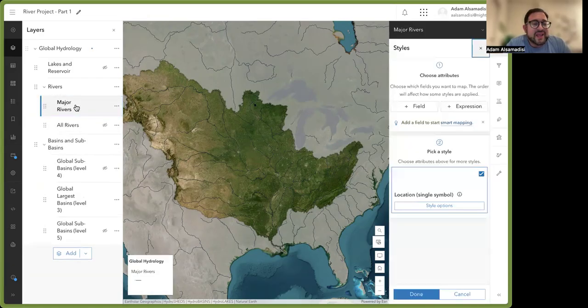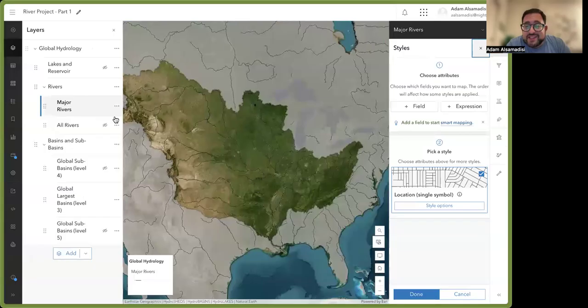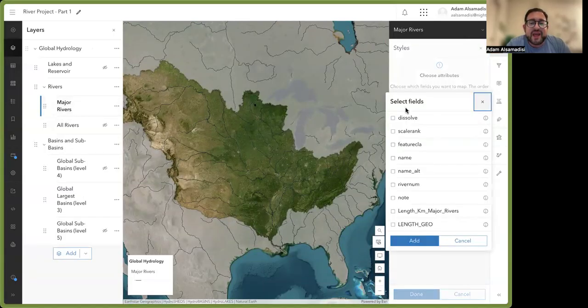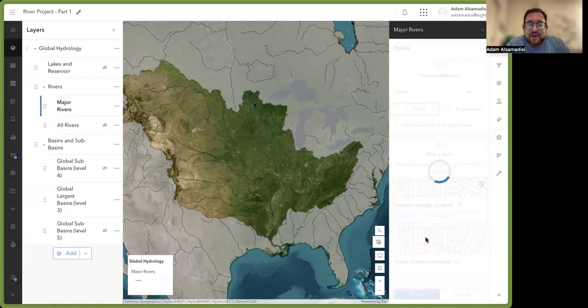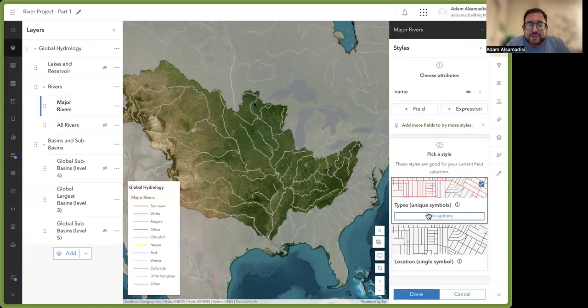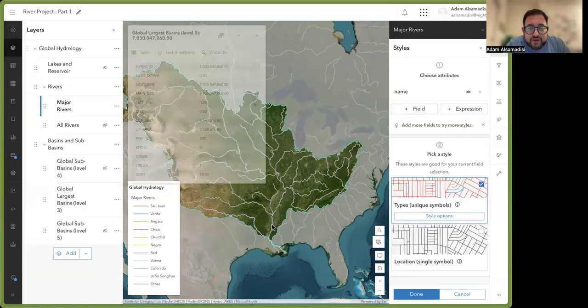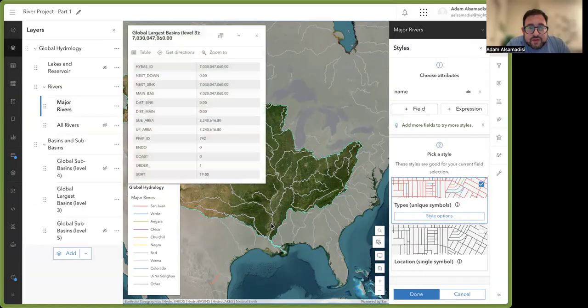So I'm going to highlight, or activate, this layer, and I'm going to do something sort of similar. Here I'm going to add a field, and I'm going to put my name there. It's going to be, give me again types, unique symbols. If I click on the Mississippi River, oops, that's giving me the basin. I want though